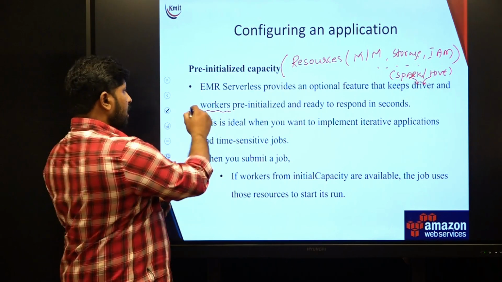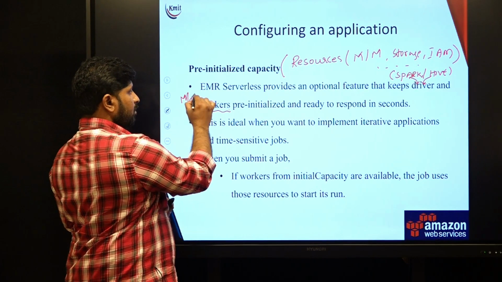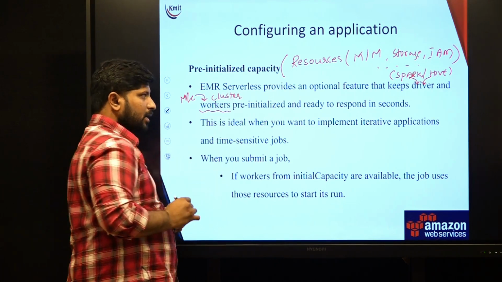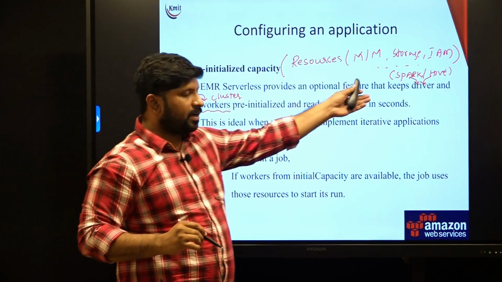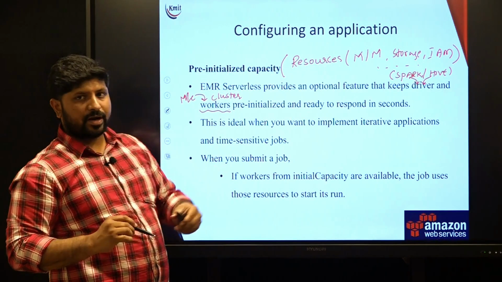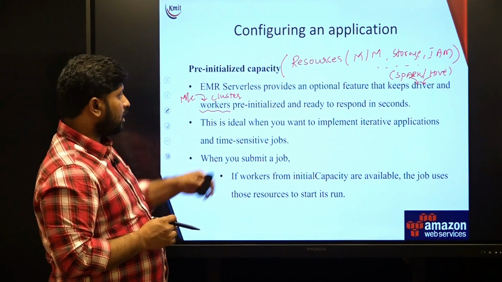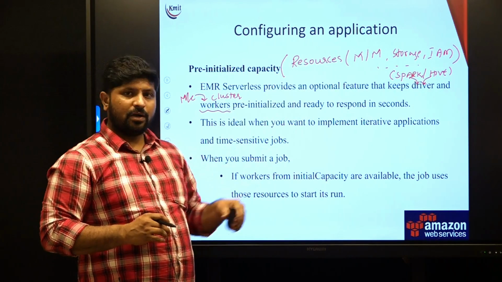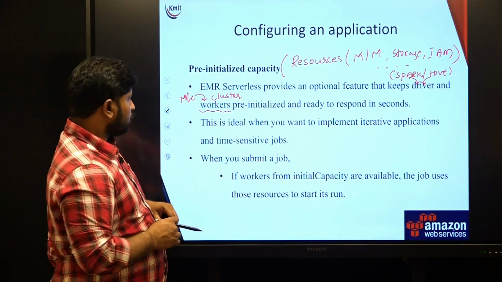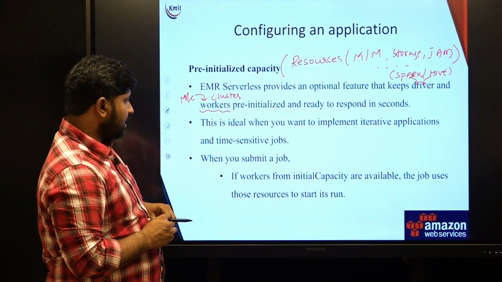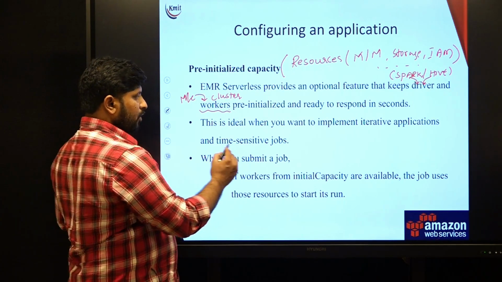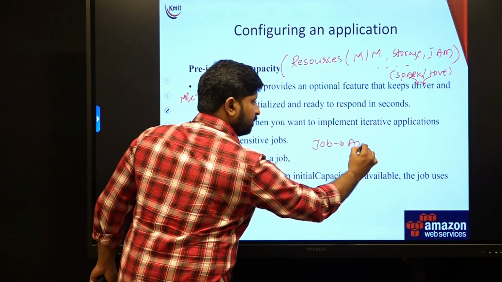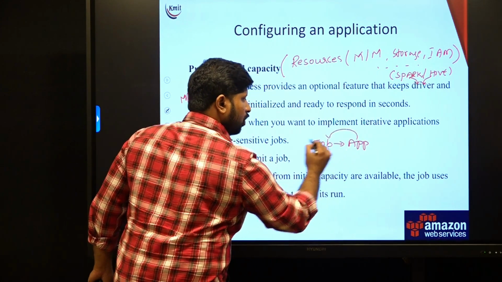Workers are nothing but the machines in the cluster. In a cluster we do have workers, and the driver will be driving which job should be executed on which particular worker nodes. These are default pre-initialized capacity parameters which have to be provisioned to an application. So, the idea over here is, if you are submitting a particular job to an application to execute this job,